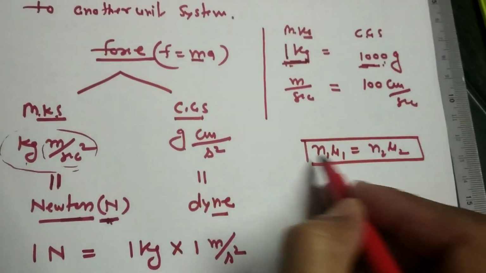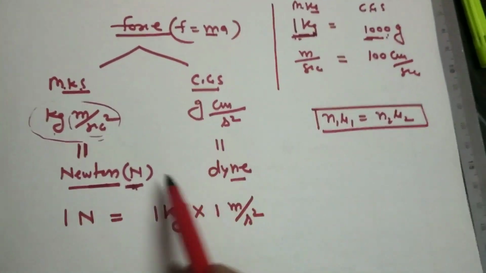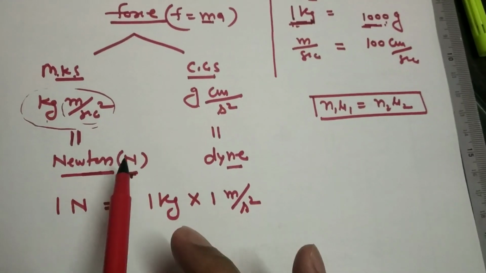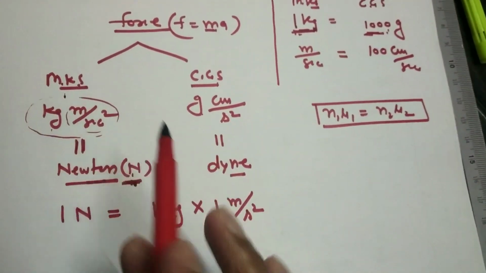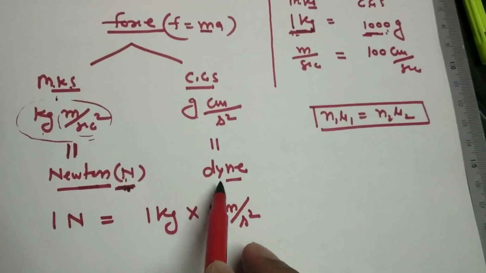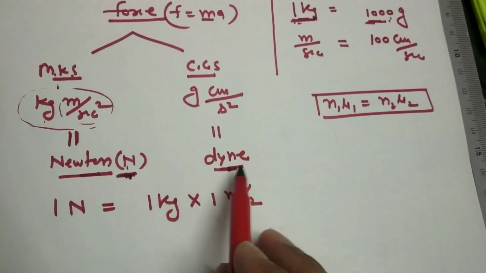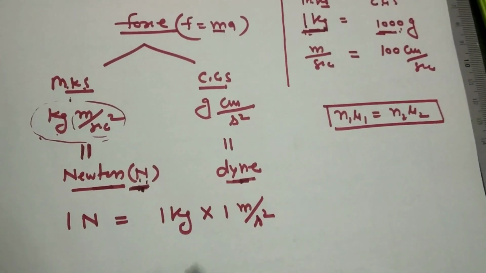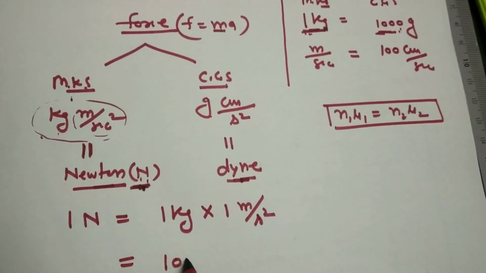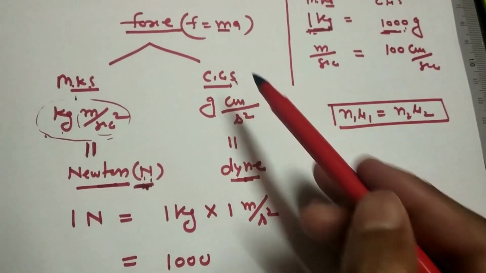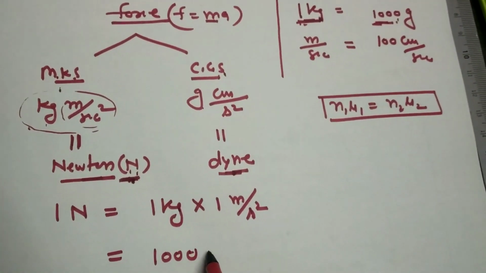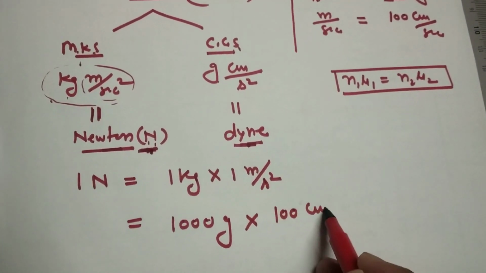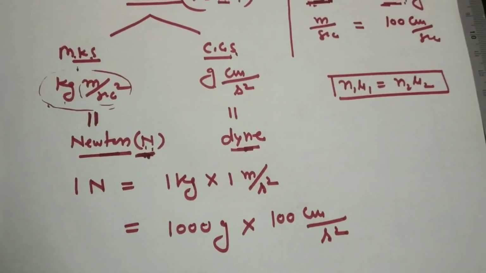We already know this formula, magnitude. The same thing we will discuss for 1 Newton. If we take 1 Newton of MKS, it will be equals to how many dyne? 1 न्यूटन कितने डाइन के इक्वल होगा? तो 1 न्यूटन वी नो दैट 1 किलोग्राम 1 मीटर पर सेकेंड स्क्वायर. We want to convert 1 kilogram into CGS, so kilogram will be 1000 gram and 1 meter per second square is 100 centimeter per second square.